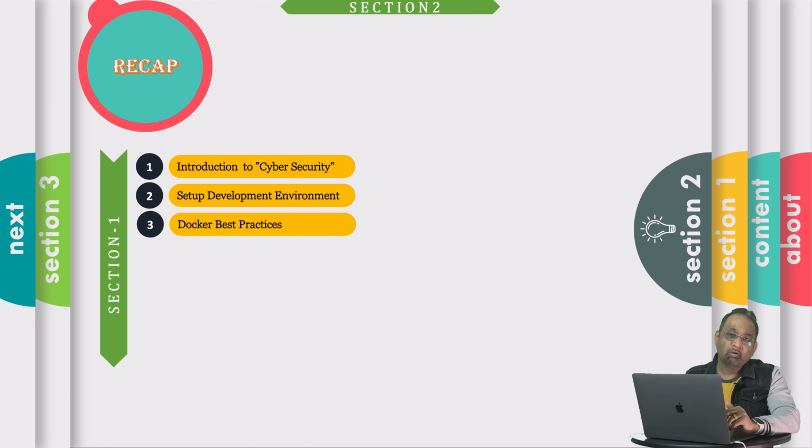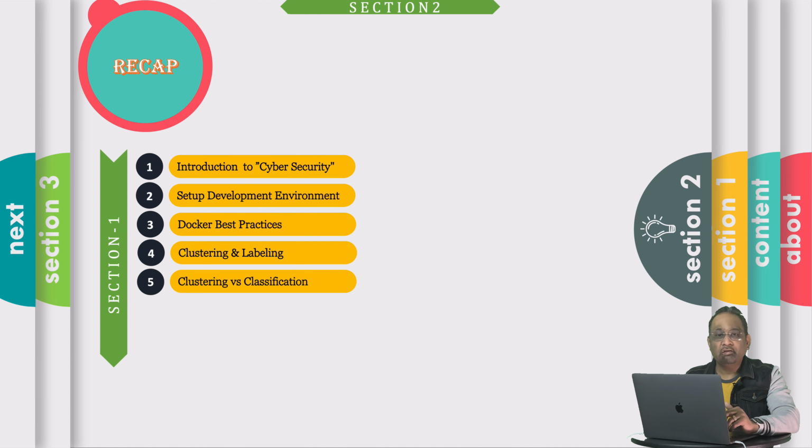Next, we learned about the labeling process using the unsupervised learning via clustering technique, and also learned about vectorization and dimensionality reduction techniques for processing the data. After that, we learned about unsupervised versus supervised learning with the help of a clustering versus classification example, and looked into different vectorization and normalization techniques for classification.